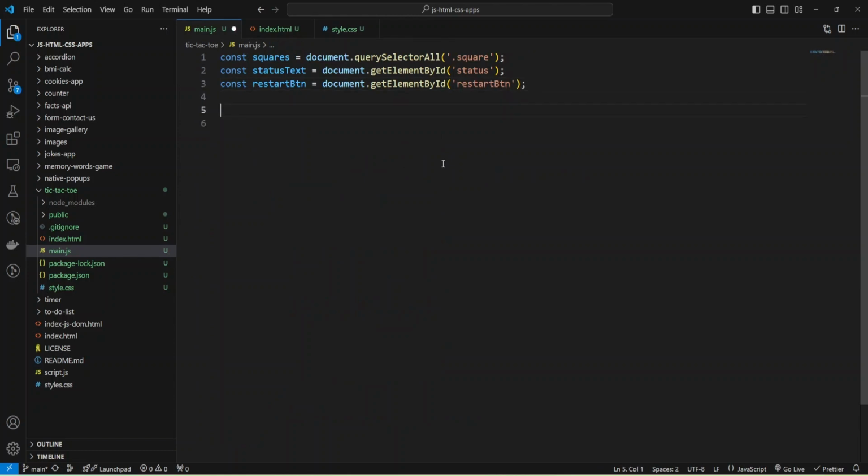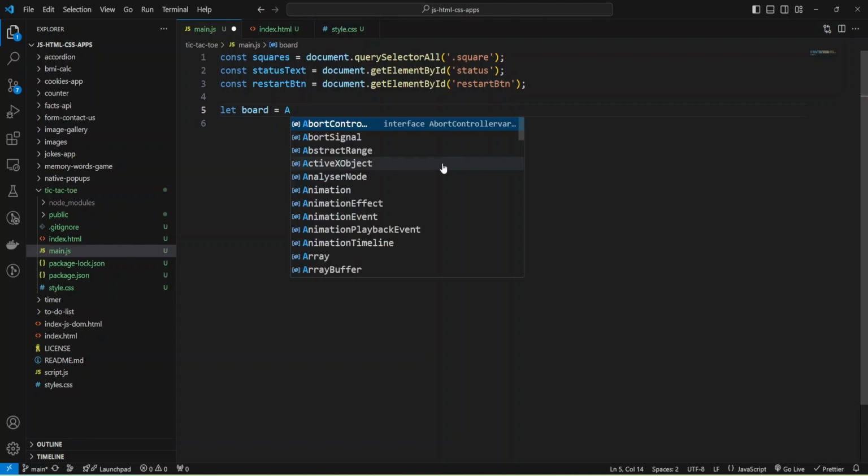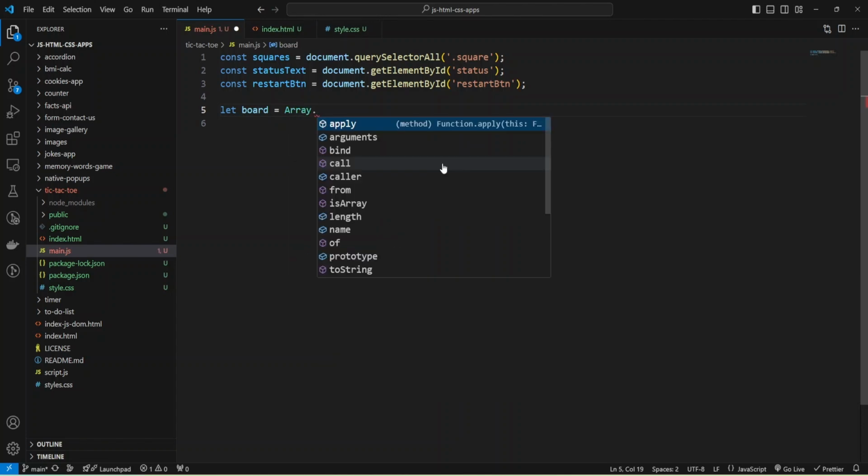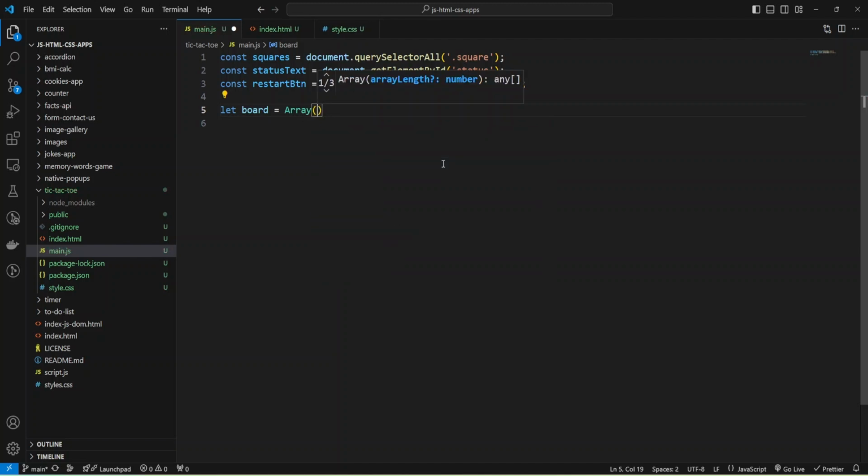And now we can create empty board, and it will be just array with 9 empty strings, and each element of array represents our square.